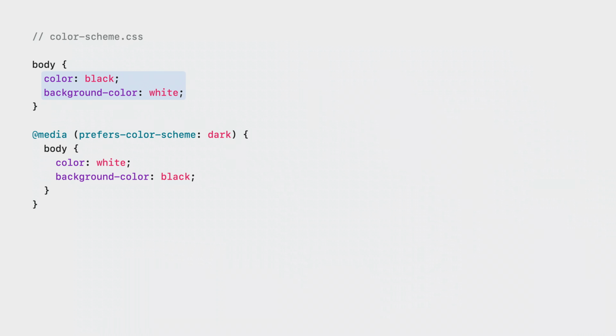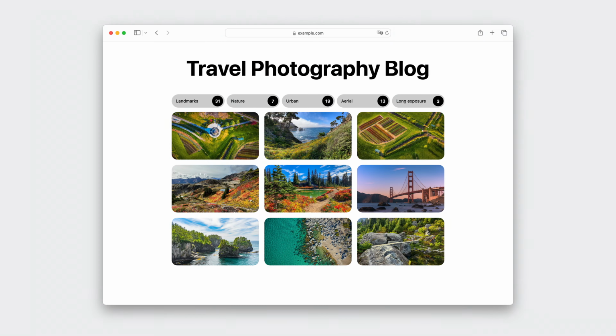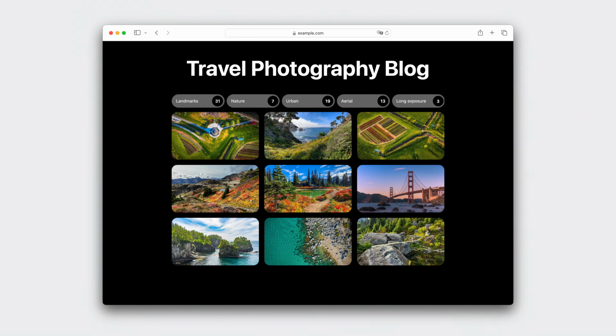You can set an element's styles for the default light color scheme. Then, use the Prefers Color Scheme media feature to check if a dark color scheme is preferred and update the styles. Check how the page adapts by using the User Preference Overrides popover. In the Appearance section, override the color scheme preference to dark. The icon changes color to indicate an override is applied. The styles for the dark color scheme will be applied while the override is active and Web Inspector is open.